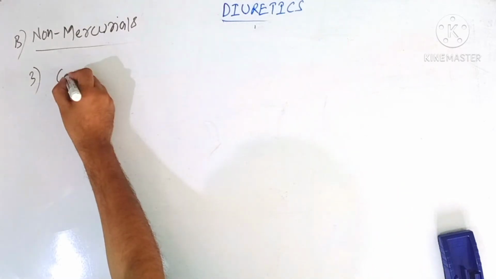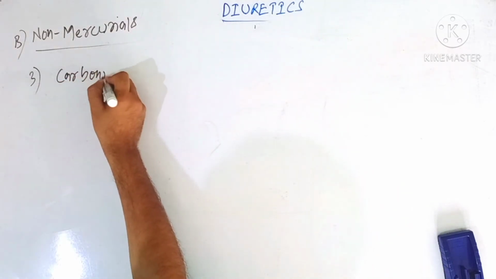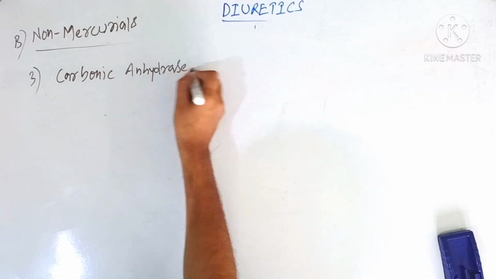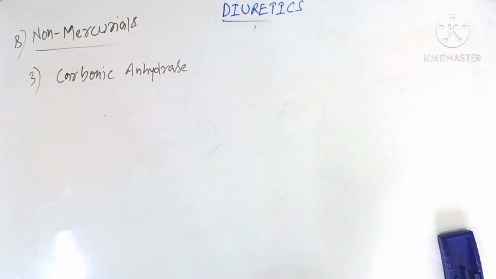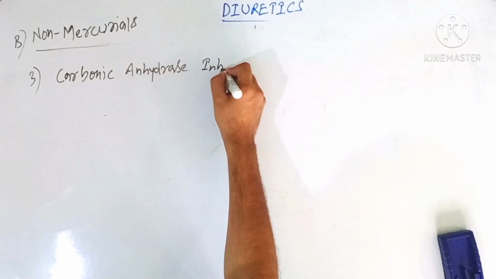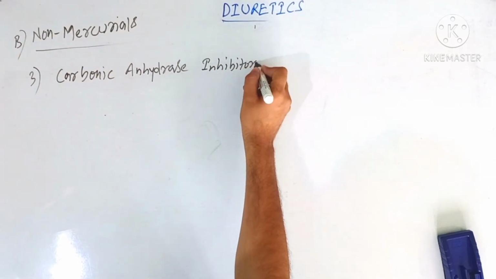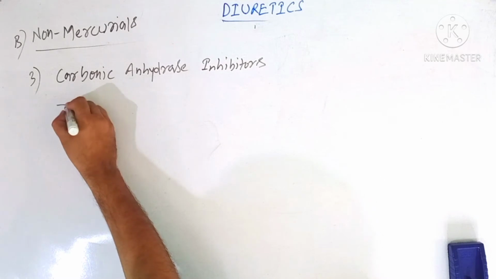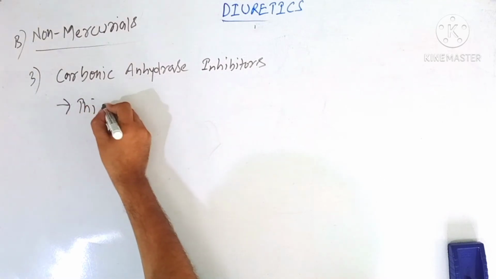this is called carbonic anhydrase inhibitor. Chemically, this class is also known by the name thiadiazole derivative. The important drugs which come under this class have a thiadiazole